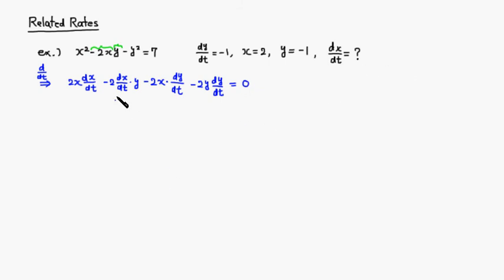Then we're going to collect like terms. This guy has dx over dt here, and here we have dx over dt also. I'm going to group those together. So dx over dt is in common, so I'll factor that out. So dx over dt, then what's left is,